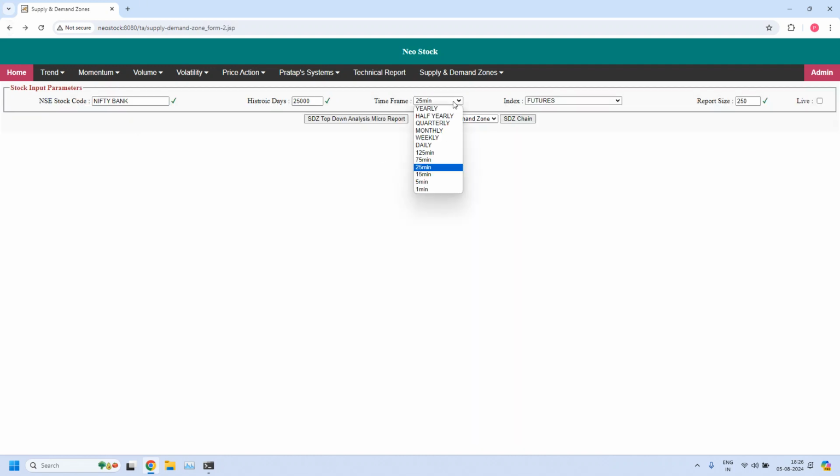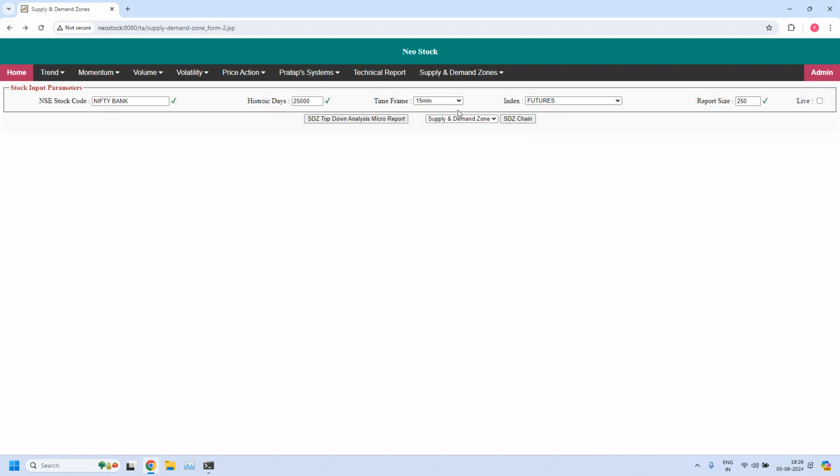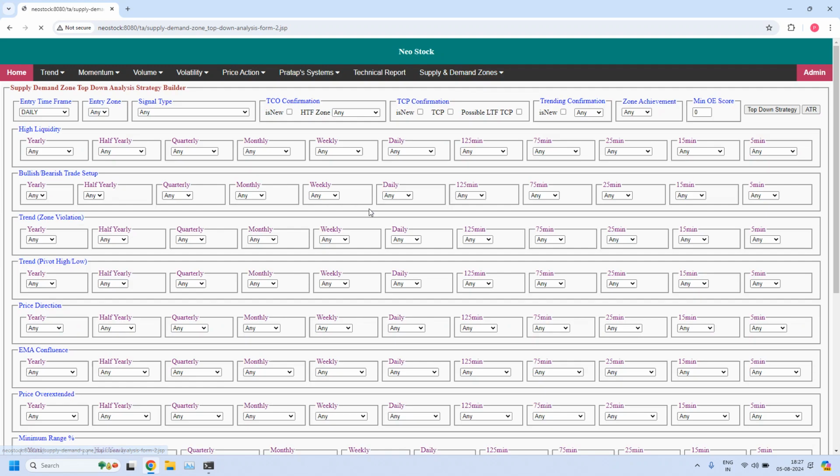And the next time frame is 15 minutes, generating 15 minutes supply demand zone chain for bank Nifty. And the next time frame is 5 minutes, generating 5 minutes supply demand zone chain for bank Nifty. So this is about Nifty and bank Nifty supply demand zone chain. And next we are going to generate bullish and bearish trade setups for different income trades starting from monthly income